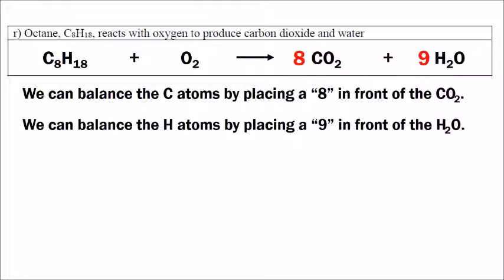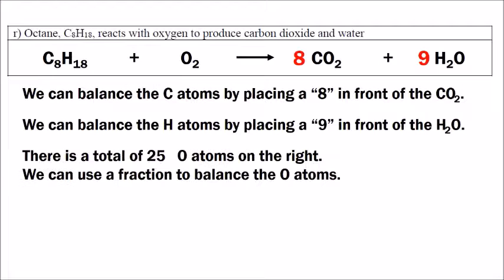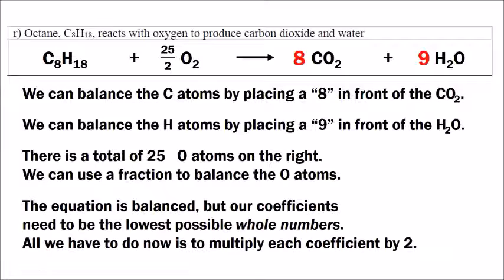How many oxygen atoms are on the right? 8 times 2 is 16, plus another 9 oxygen atoms from the water. 16 plus 9 is 25. Let's go ahead and use a fraction to balance the oxygen atoms, and then we'll fix it. So 25 is the number of oxygen atoms on the right. Let's place 25 over 2, or you could say 12.5, in front of the O2, which does balance the equation,